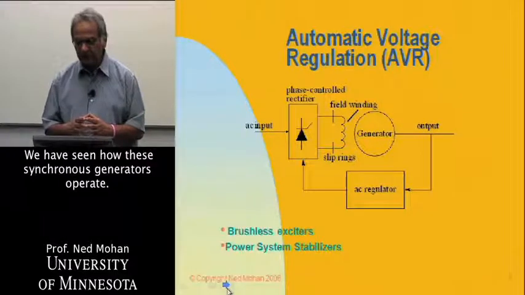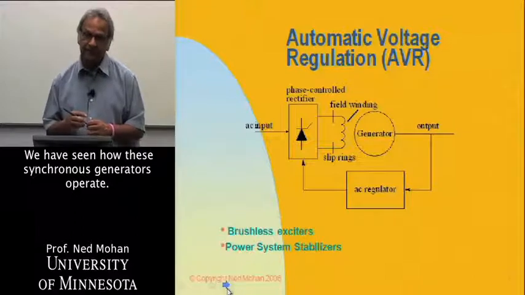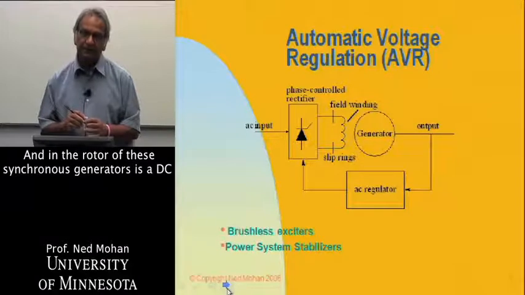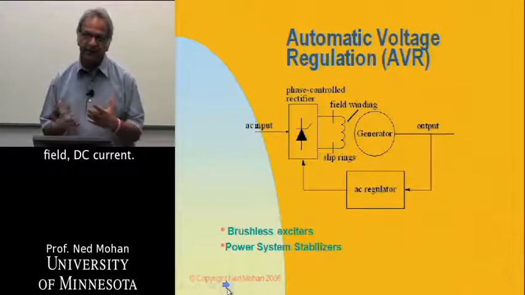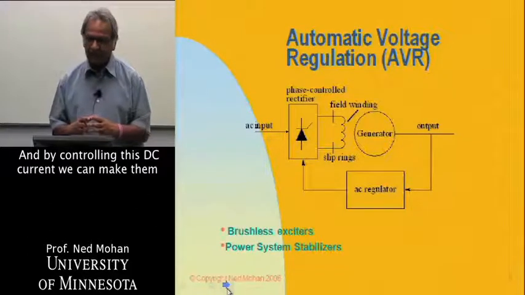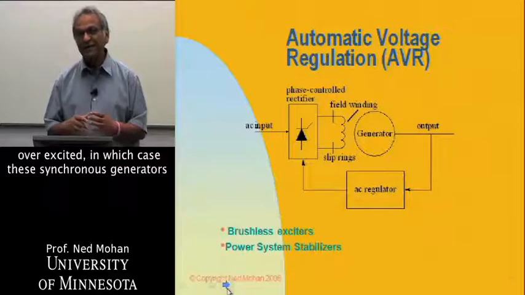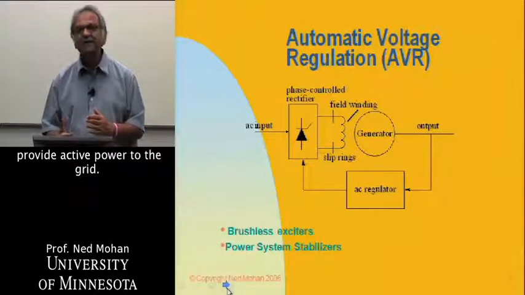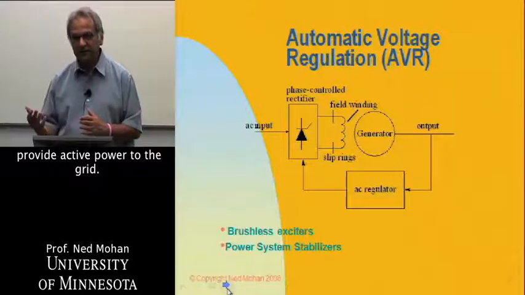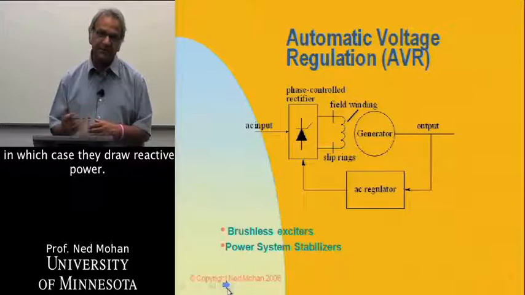We have seen how these synchronous generators operate, and in the rotor is a DC field, a DC current. By controlling this DC current, we can make them overexcited, in which case these synchronous generators provide reactive power to the grid,